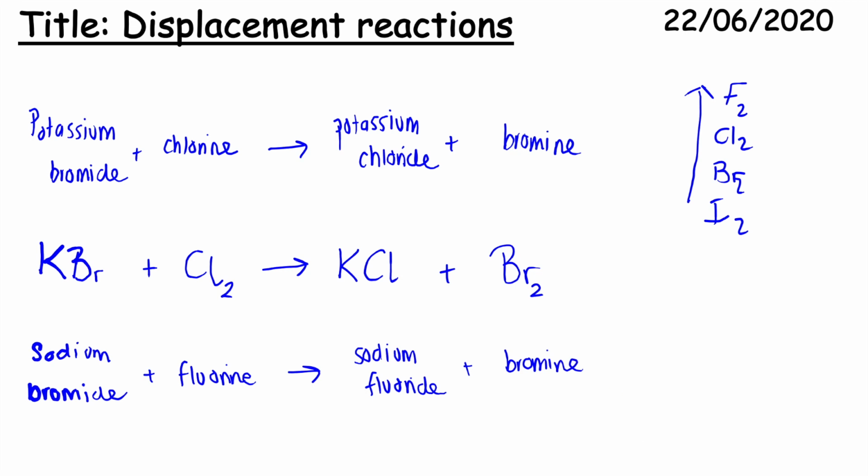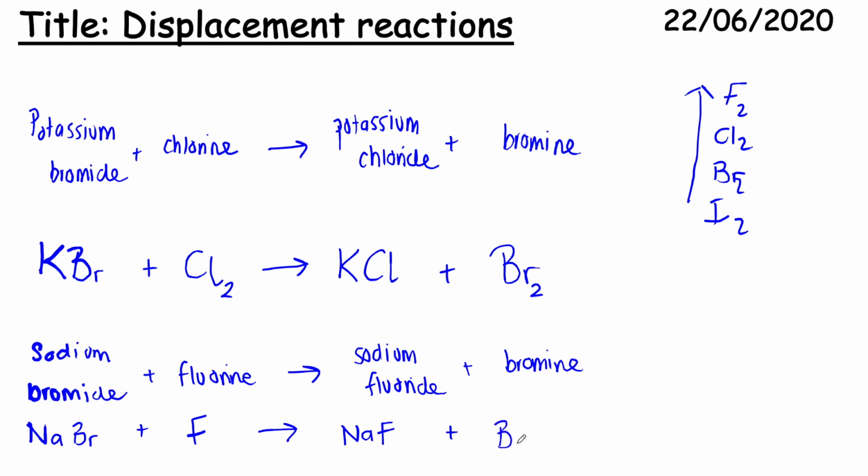Right, so let's go through the answer. Sodium on the periodic table is Na. Bromide is the same as bromine on the periodic table, so it's NaBr, like that. Fluorine is F. Sodium, still Na, and fluoride is the same as fluorine on the periodic table, so F, plus bromine here, which